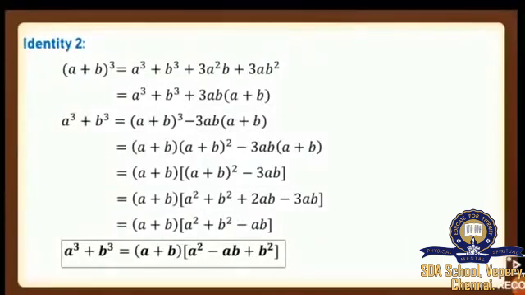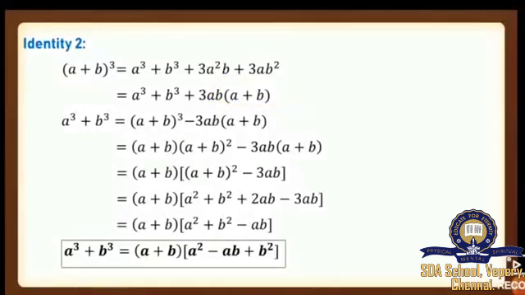This identity we have already studied in the previous class, right? a plus b the whole cube equals a cube plus b cube plus 3a square b plus 3ab square. So using this identity, we are going to derive another identity, which is a cube plus b cube, for factorizing algebraic expressions. If you observe the last two terms, you have 3ab as common. So if you take 3ab commonly outside, the leftover terms will be a plus b.